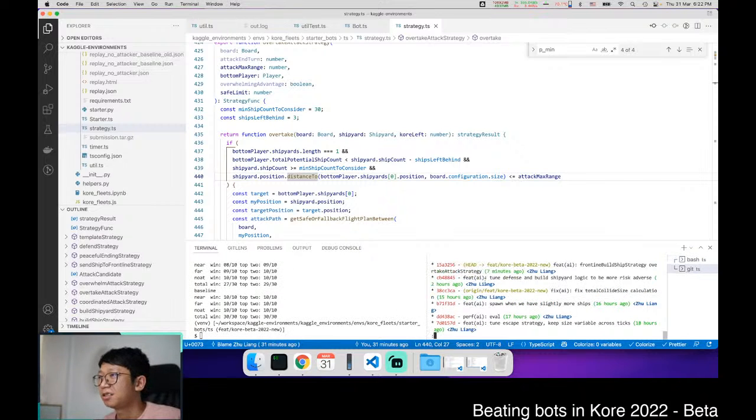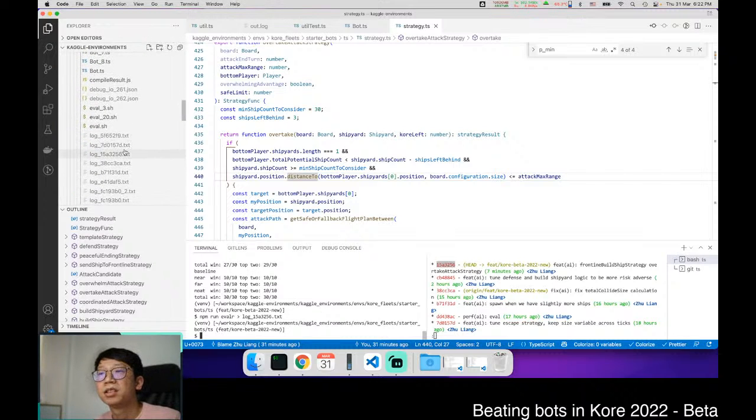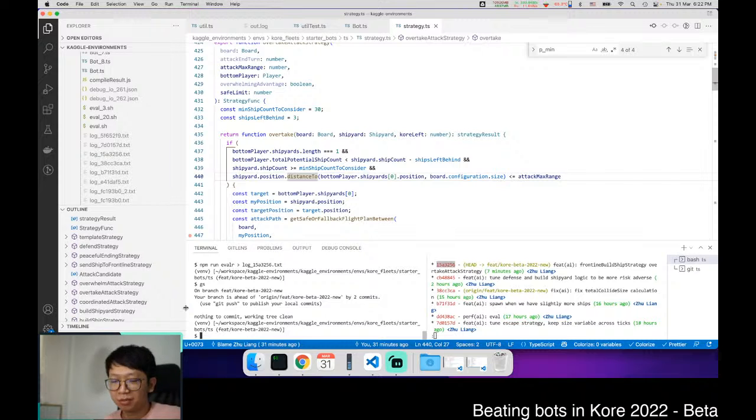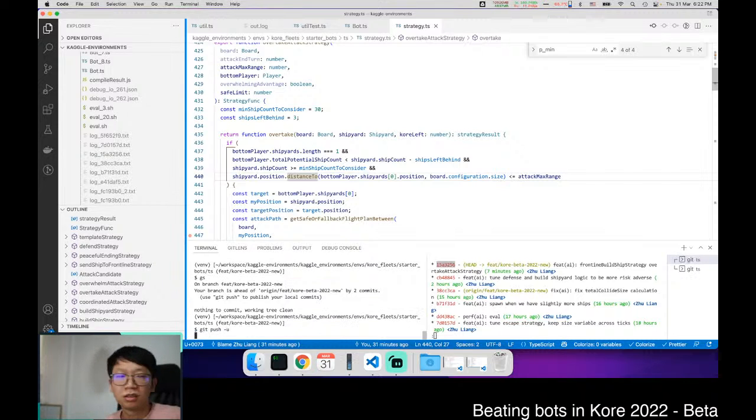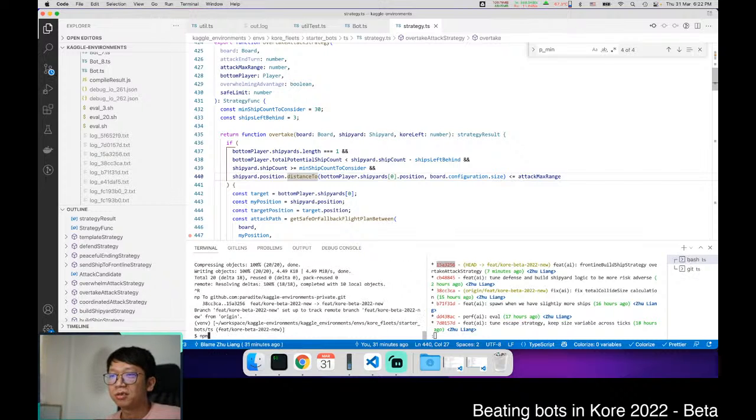Well, let's mark this. Let's save this log. So we'll save this log, and then this will become our new baseline. And we'll submit this to Kaggle. I think